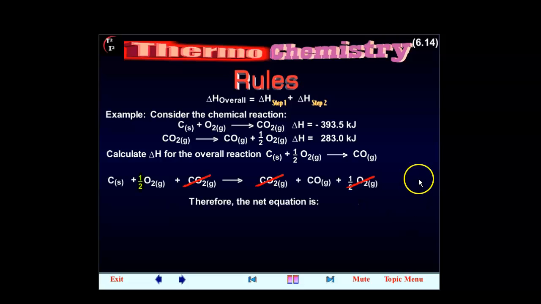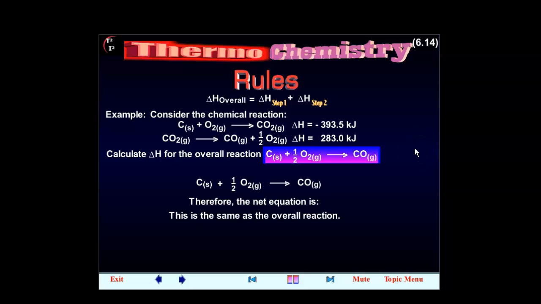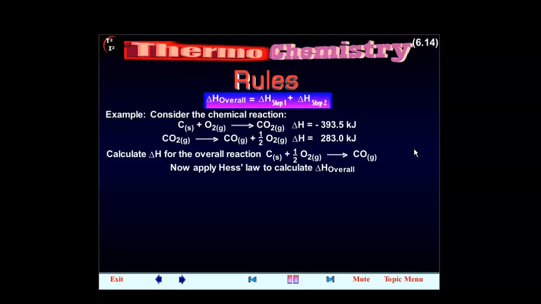Therefore, the net equation is. This is the same as the overall reaction. Now apply Hess's law to calculate delta H overall. Delta H overall equals